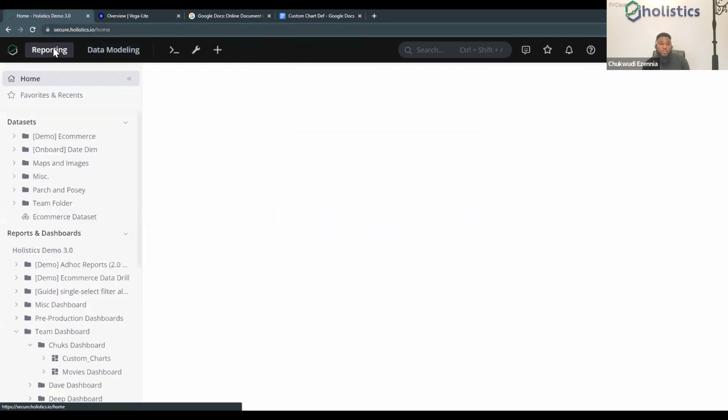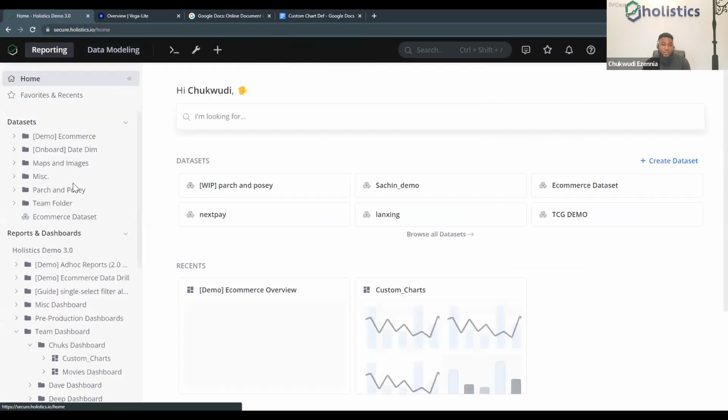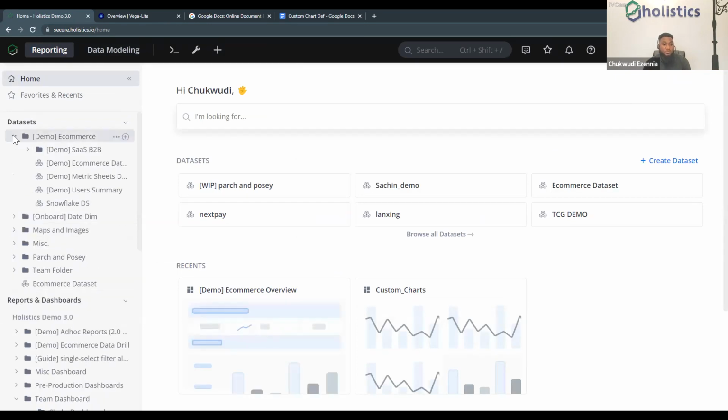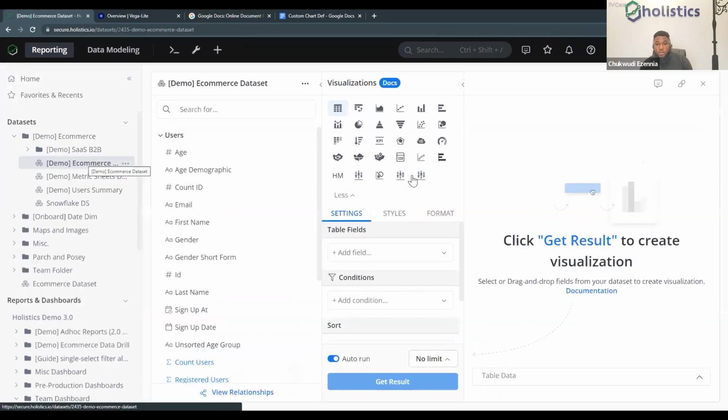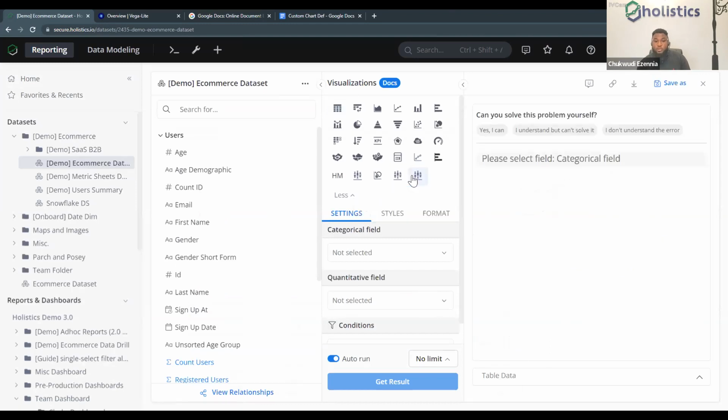So if I go back to my reporting site, I can go to one of these data sets I have here. And real quick, I select this third box plot option because this is box plot V3 that we just defined together now. I select the option. I see that I have categorical field here. I have quantitative field. The categorical field I want to use here is the continent name, right? So I pass this in here.